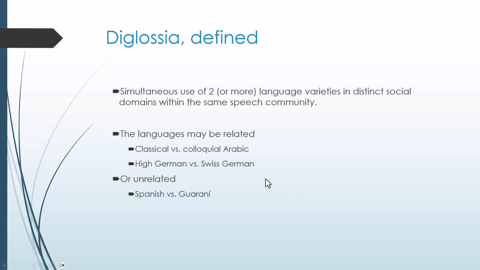Right. The languages don't have to be related, though, right? So if you were to go to Uruguay, you would find out that Uruguay is a very interesting case. It is one of the few places where there's widespread bilingualism with a European and an indigenous American language. And there's actually three varieties: there's a pure Spanish language, there's a pure Guarani language, and then there's this middle ground that's a mixture of both that most people speak when they're trying to communicate with people. And it'll be a similar situation. There will be a lot of social places where the normal Guarani is spoken, but when you go to the bank in the capital, when you go to certain other highfalutin places,